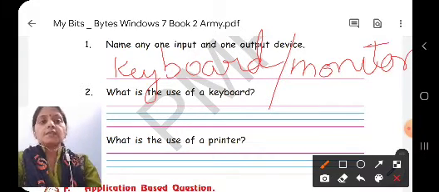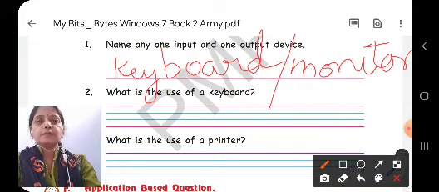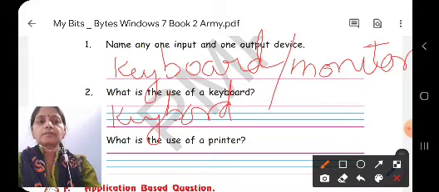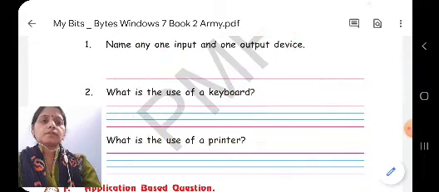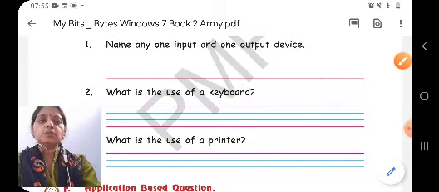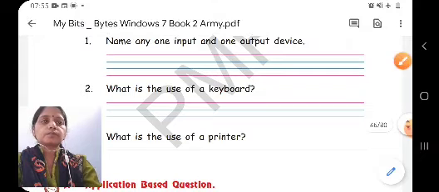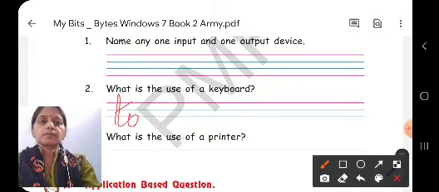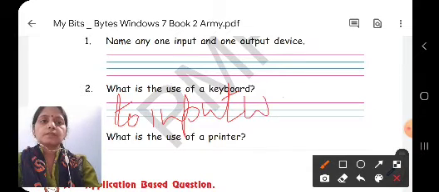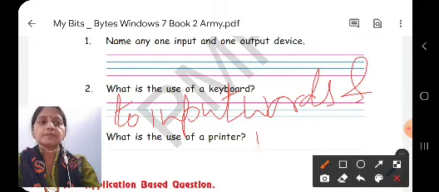Now children, what is the use of a keyboard? So children, the keyboard is used to input words and numbers.